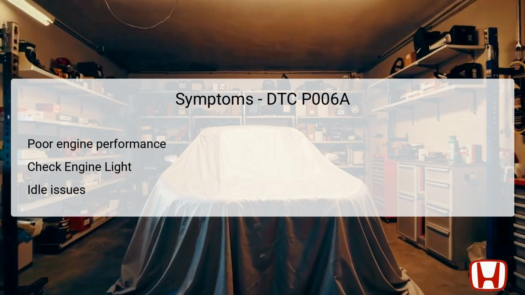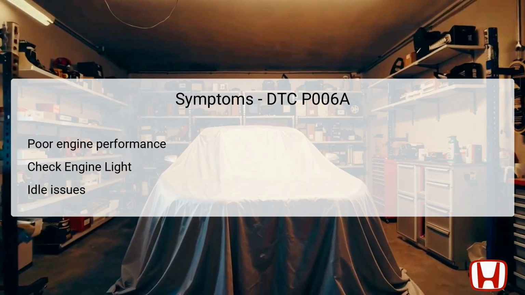Additionally, the check engine light will likely illuminate, alerting the driver to the issue at hand. In some cases, drivers might notice irregular engine idling, where the RPM fluctuates unexpectedly. Recognizing these symptoms can help diagnose the problem before it escalates into a more significant issue that might affect vehicle